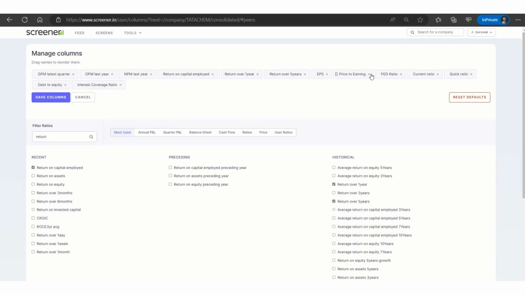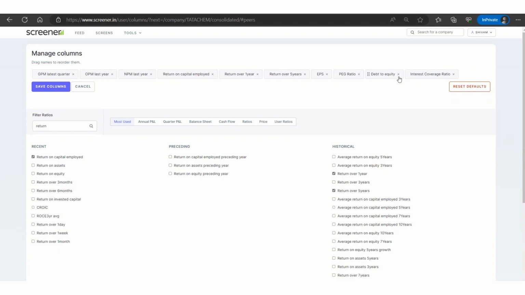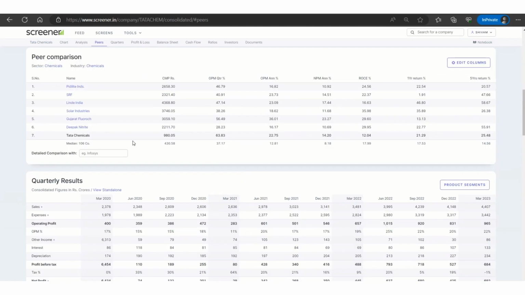Let's just remove all the other ratios to avoid confusion. By the way, these are the ratios from the previous lectures, and you can literally combine all of them together in a single table. So let's remove them for now. Yeah, so this is how it looks. So you can see for Tata Chemicals, you can actually compare across the peers, like how is your operating